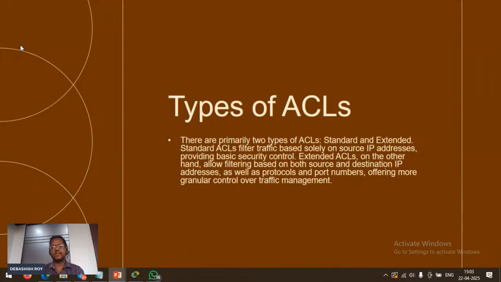What are the types of ACL? You have primarily two types, standard and extended. Standard ACLs filter traffic based solely on the source IP address. So if the traffic is coming from some source, that is blocked by the standard ACL. And extended ACL, on the other hand, allows filtering based on both source and destination, say from source A to destination B, or from source A to destination C. Whether you want to prevent or allow, you can do that with the help of the extended ACL,